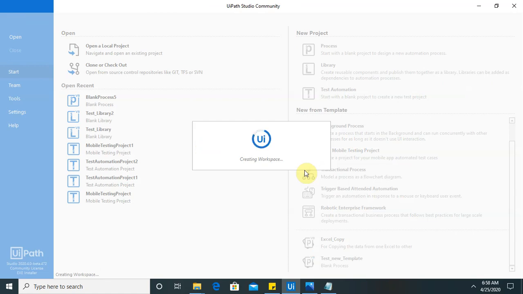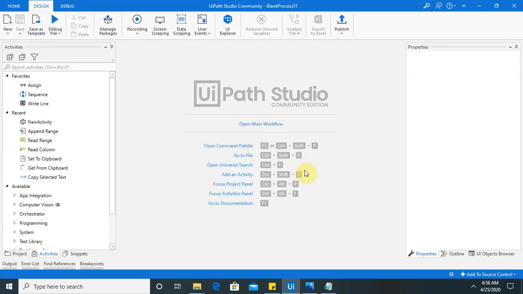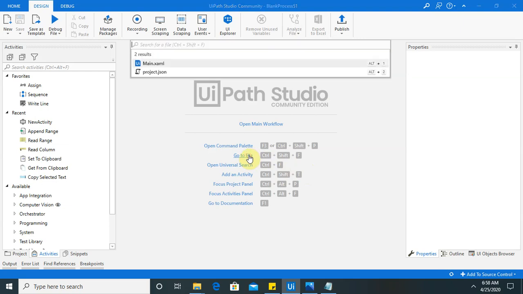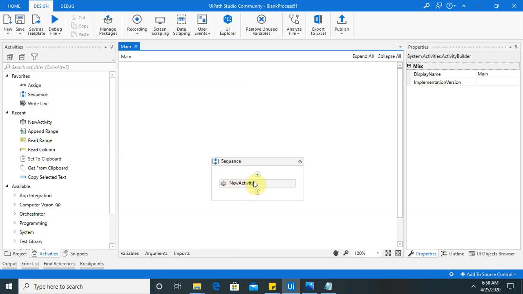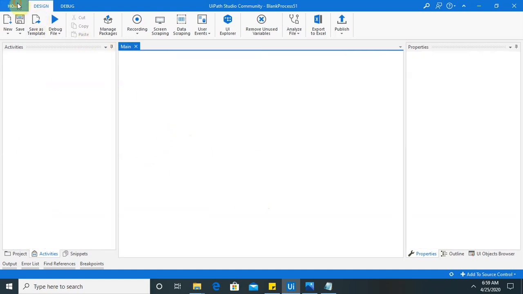Let's wait for loading our workspace. Go to file, now you can see whatever activity I have added here, it's automatically available for me with a different process name.